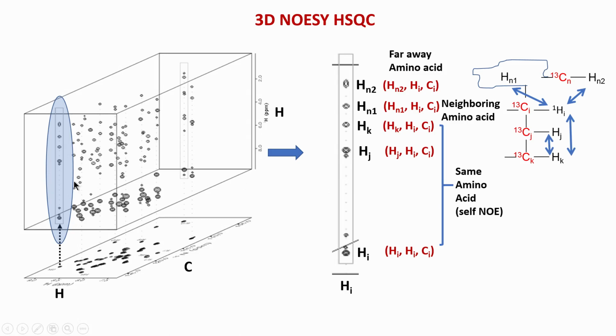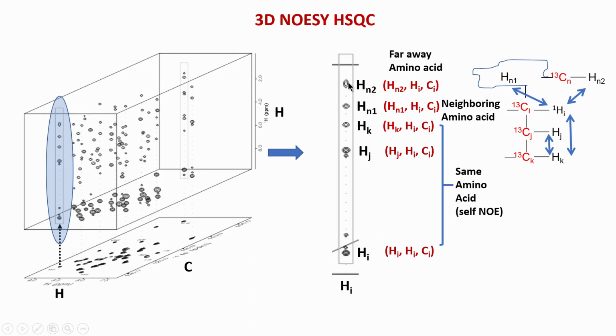What we do is we cut out strips in a computer like this, and for every Hi-Ci, it could be any of these, any two carbon-proton. Of course, we should know what they are, which amino acid it is. So, that is why we need the assignments. If you go to any particular amino acid Hi-Ci plane, we start looking at all the correlations along this axis, and then we try to identify what each peak or each correlation, which atom it corresponds to in the protein.